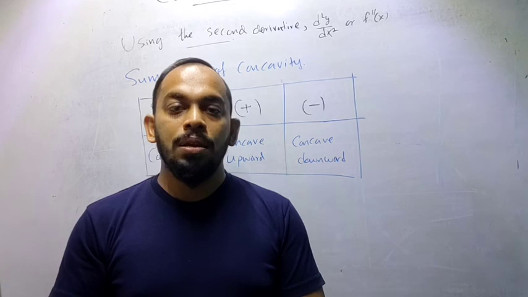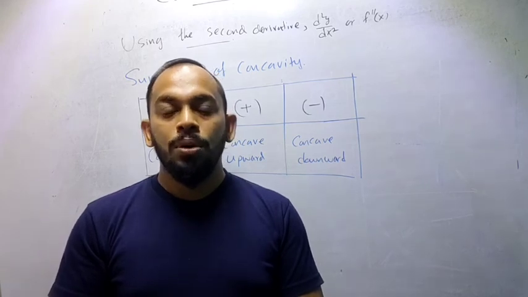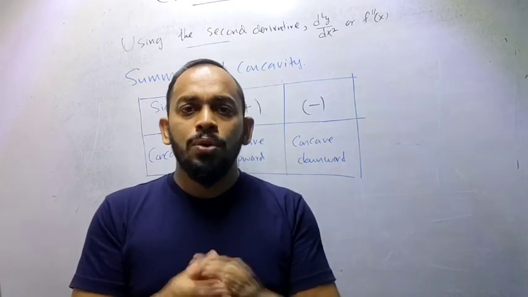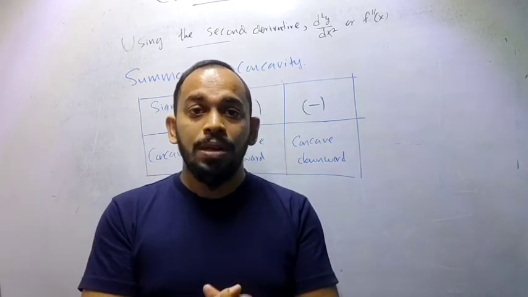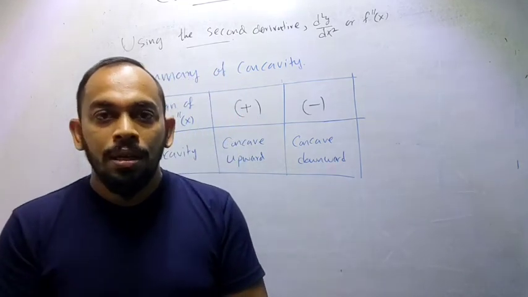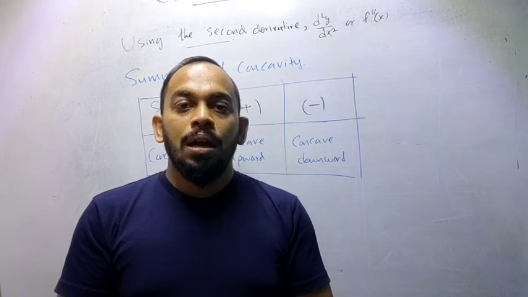Nowadays in your papers you will be given both derivatives, the first derivative and the second derivative. The first thing is for you to show that it is true, right? You will be given the derivative, so showing them is easy. Then they will ask you to find certain